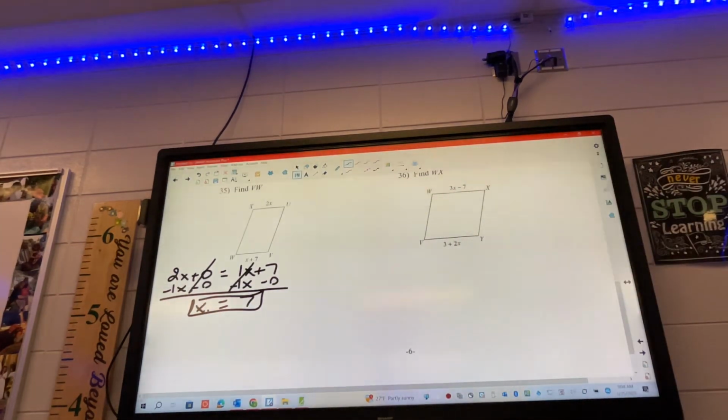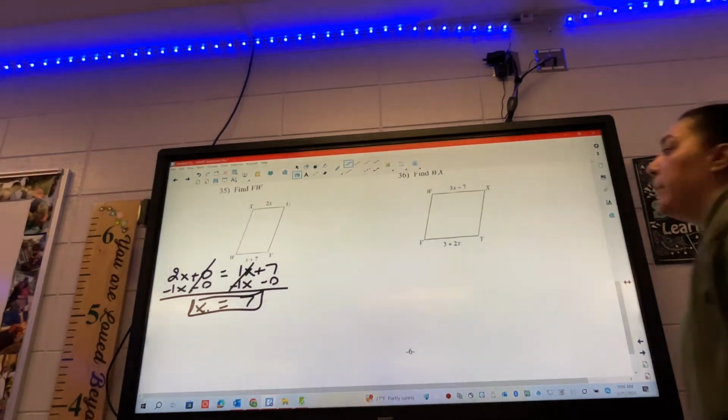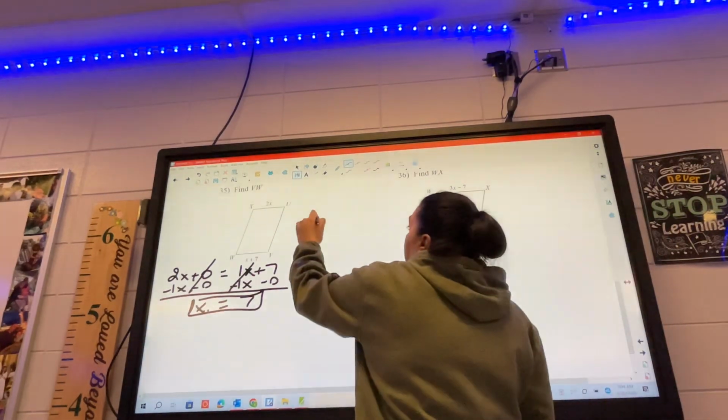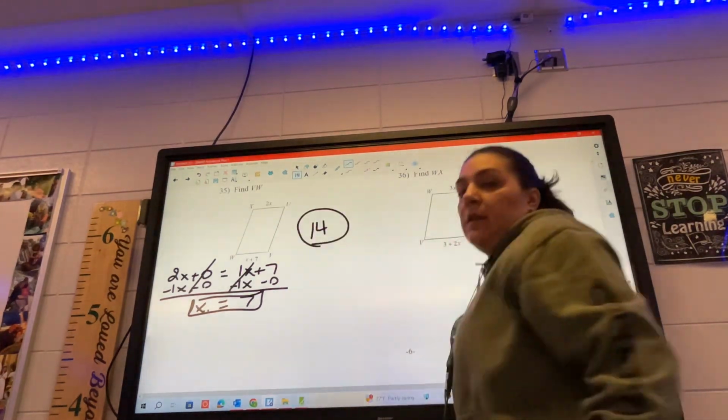Okay, which one does it want you to plug into? VW, which is the bottom. Which one do you feel like is easier? I feel like they're both about the same, but I would say maybe the bottom for some. Okay, so what is it going to be? 14. Okay, the rest of the sheet is for you guys to